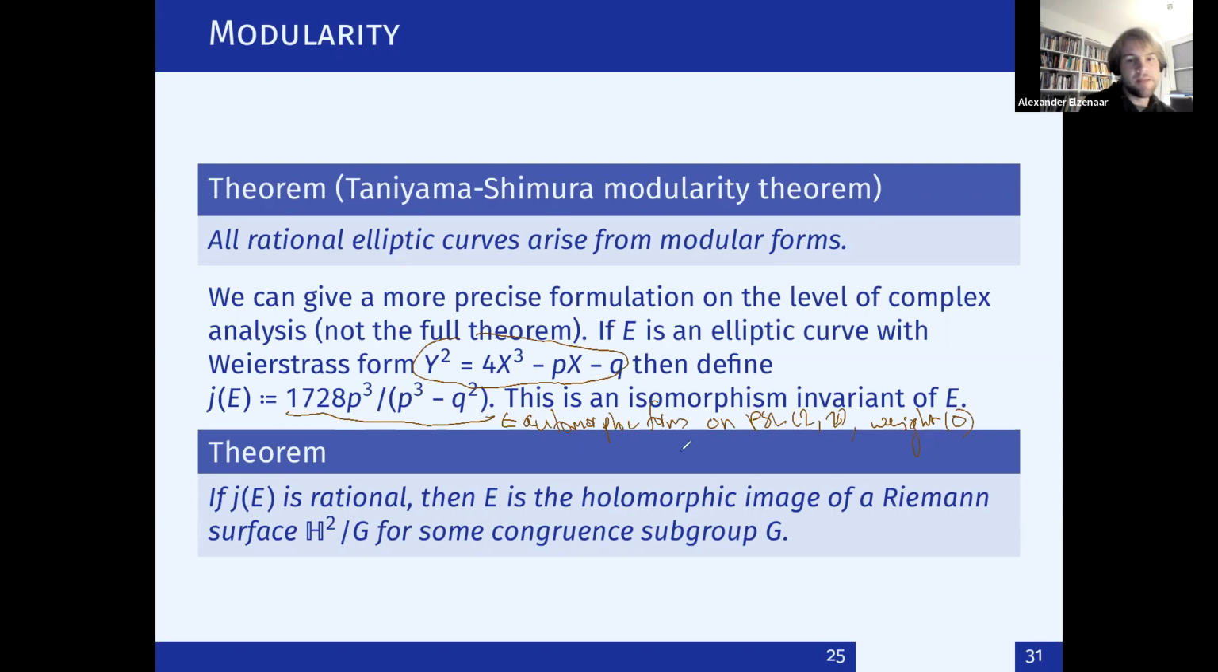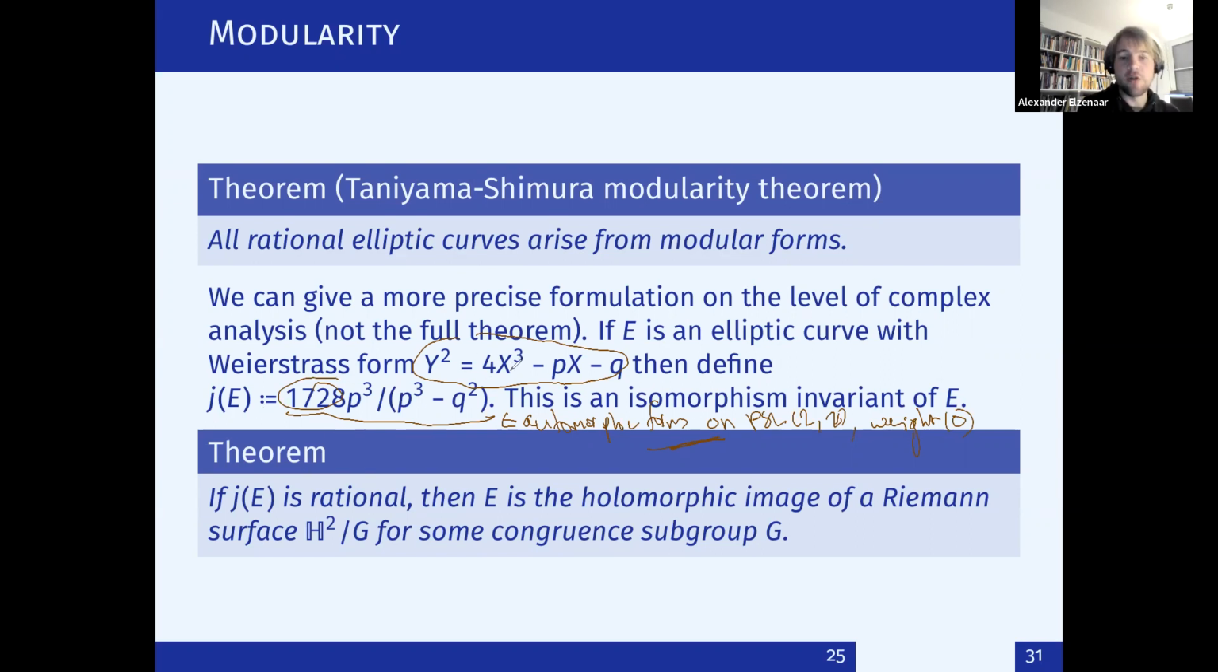But it doesn't matter. It's just a function in terms of the coefficients of this polynomial. It's got this weird number 1728. That number is just to make this work. I mean, this is basically a statement about invariance under the group action. And the theorem, which is a special case of this modularity theorem, is that if this number is rational, then